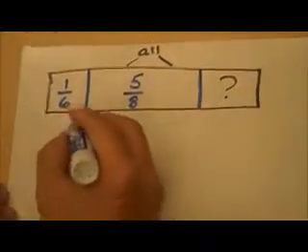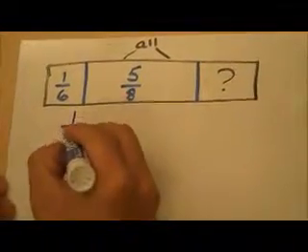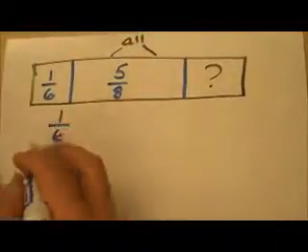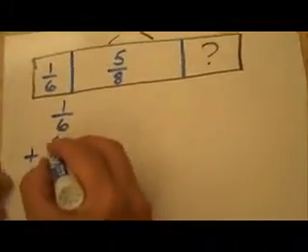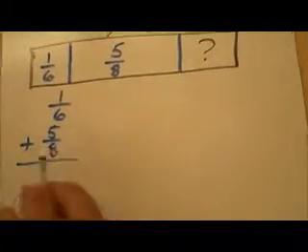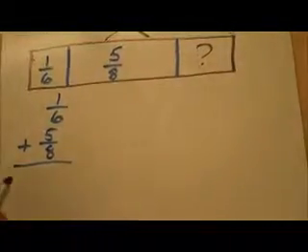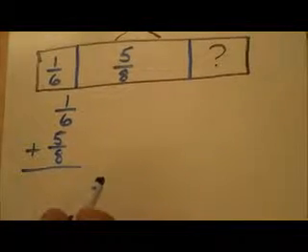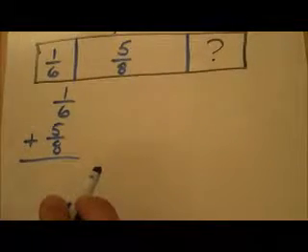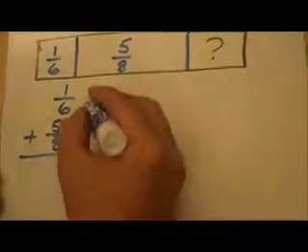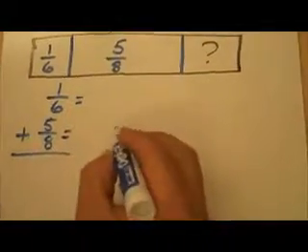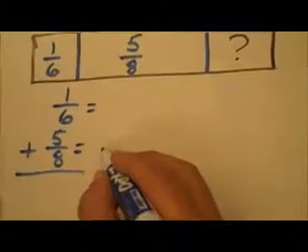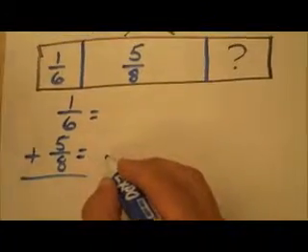So basically, we're going to take 1/6, and because these are together, we're going to add 5/8. Knowing what we've taught you from before, we're going to find our least common multiple, or least common denominator, of 6 and 8, and I believe, Miss Pickens, that will be